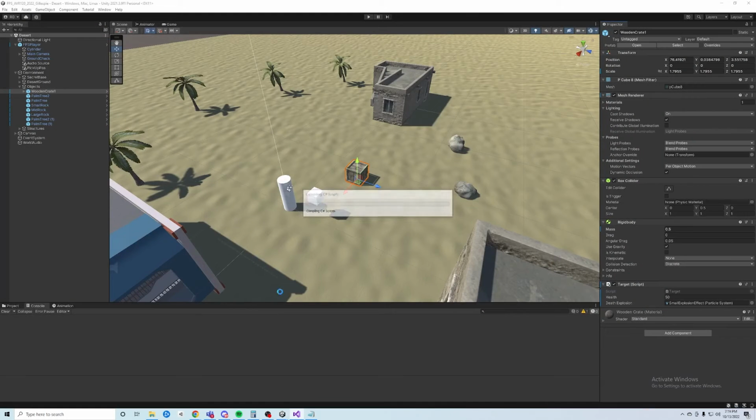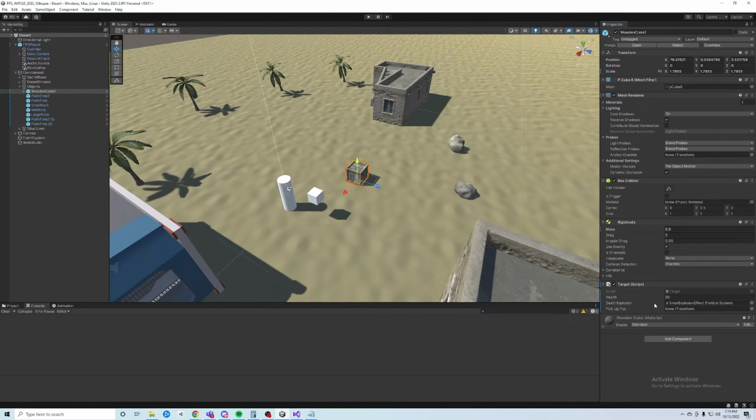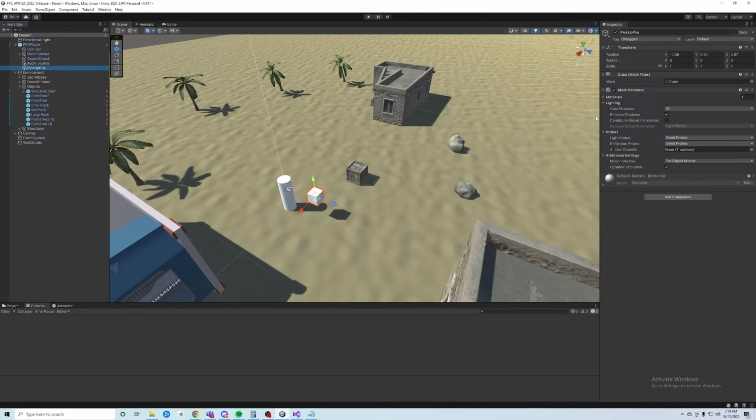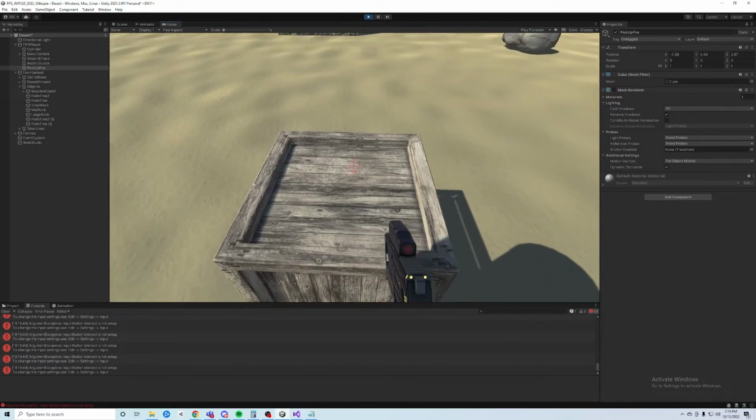And if we go back into Unity, we will see that we now have a section for pickup position. So we need to go to the player and drag the pickup position reference into that target script there. And if we save this now and we go ahead and run it, oh, before we do that, we want to take this pickup position and we're using it as a visualizer, so we can just turn off the mesh renderer. And then that way it won't be in front of our camera in the scene. And so if we go ahead and we press play now, if we walk up to the cube and press E,